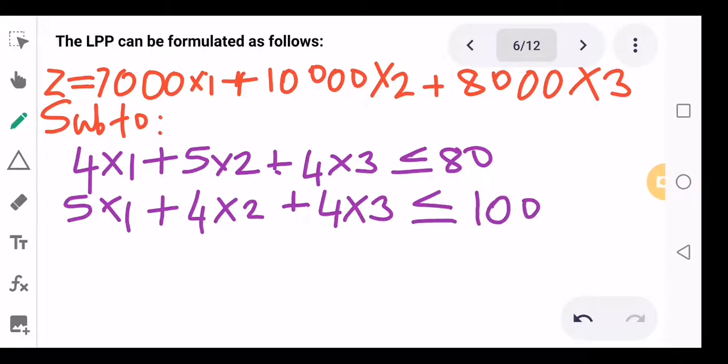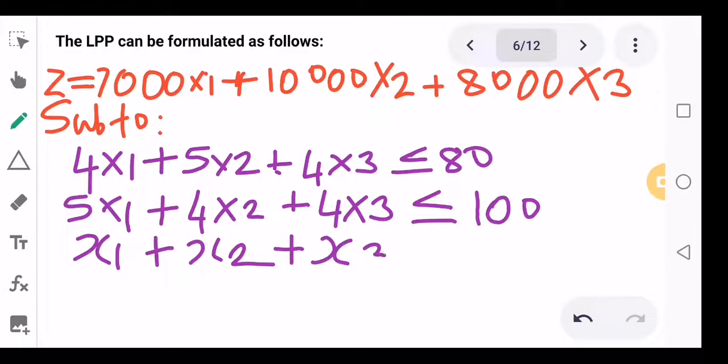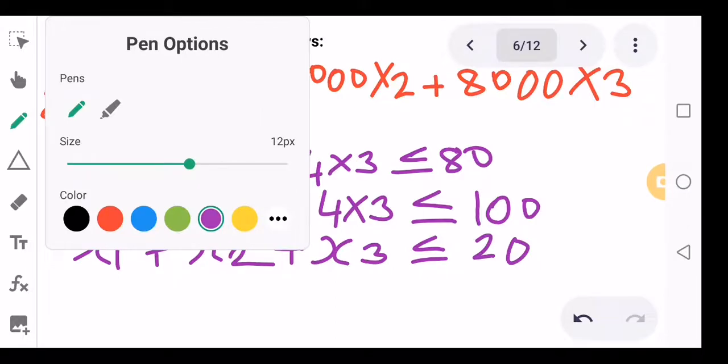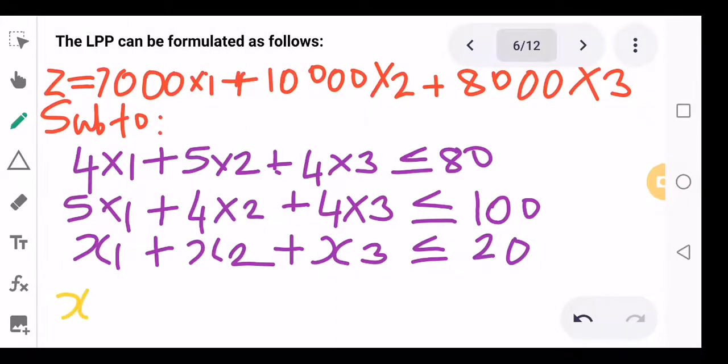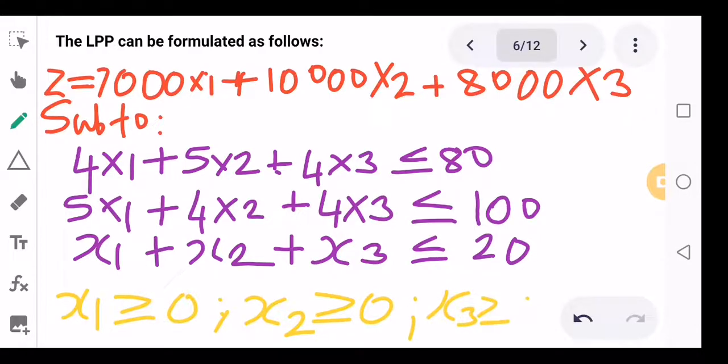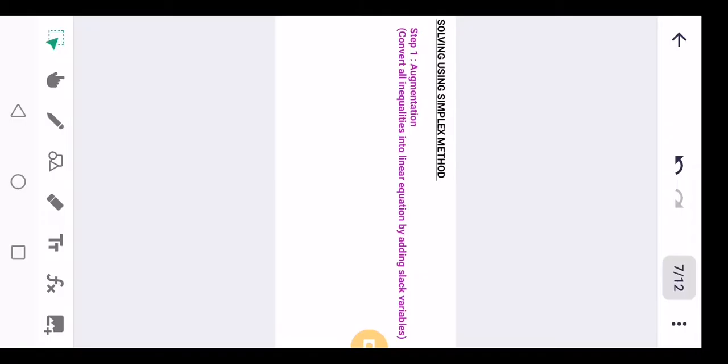These are the constraints. The last constraint is x1 plus x2 plus x3 less than or equal to 20. And then our non-negativity condition, that is x1 is greater than or equal to 0, x2 is greater than or equal to 0, x3 is greater than or equal to 0. The next step is to do augmentation. Augmentation refers to